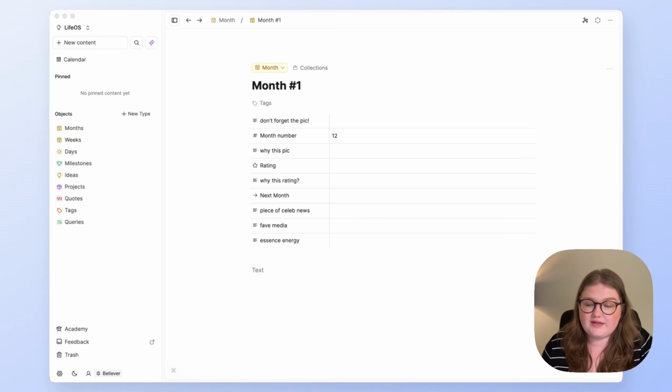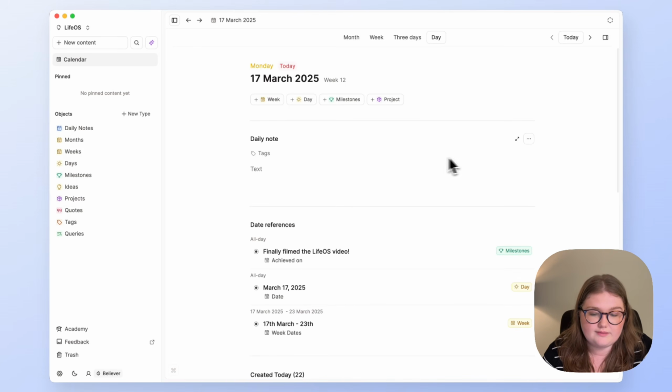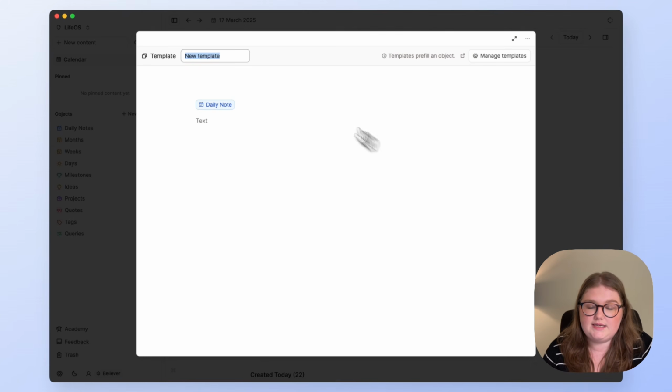Okay, so that's basically it. Obviously I have other object types, but not for the LifeOS type things. So I'll just leave it there for that. But I can't move on without showing you the daily note template. So I'll click on those 3 dots and use a template, and then I want to create a daily note